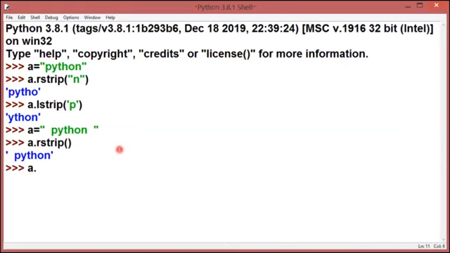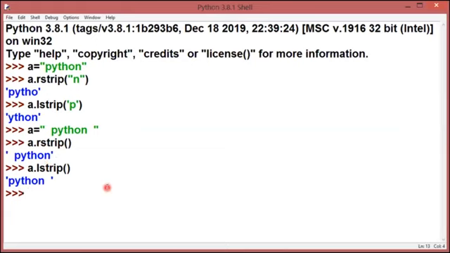Similarly, if I write A dot lstrip and I don't pass any character over here, I'll get the result in this way. Now at the right hand side, the space is visible in my string, but at the left hand side, it has been stripped off. Similarly, in case of rstrip also, the left hand side spaces are not removed, but the right hand side space is removed.